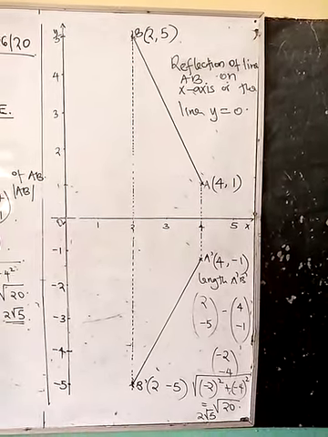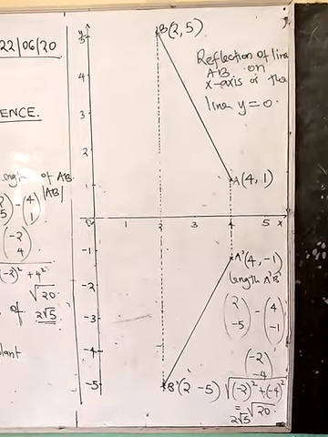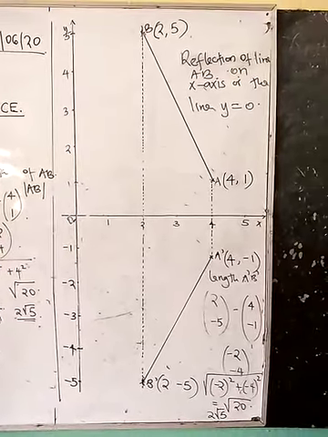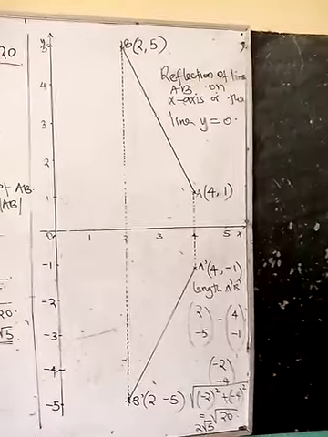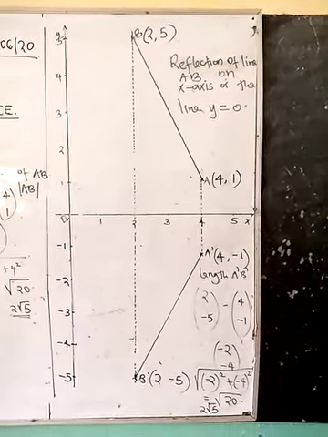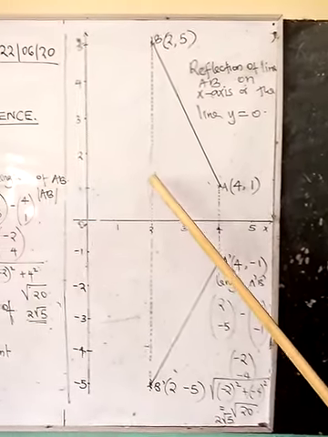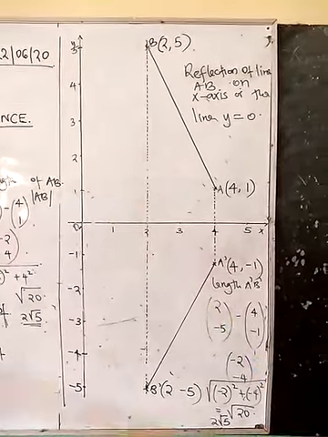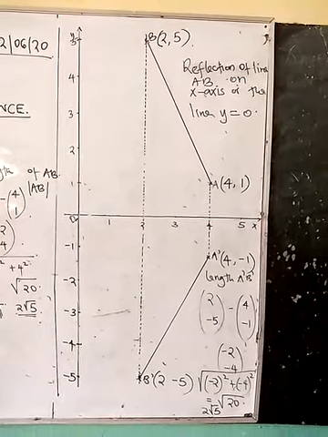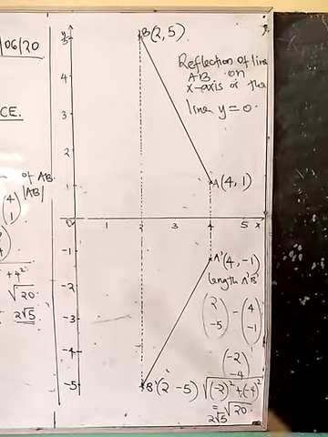Most candidates fail to identify the line y equals 0. They believe that it is the y-axis. No, the line y equals 0 is the x-axis, and we have to know that. Therefore, the line x equals 0 is the y-axis. So, when we reflect the line AB